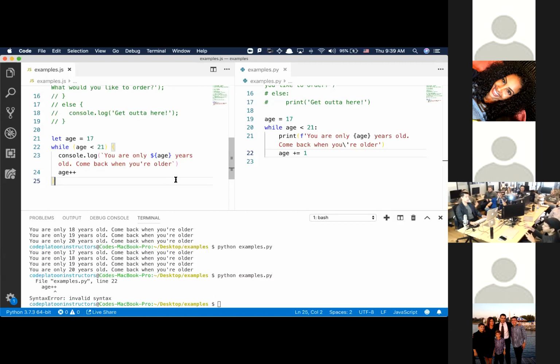I didn't see that. So I actually did a problem, and I just used the while loop, and I just did exactly the same. Yeah. So the question was, inside of JavaScript, I can do stuff like